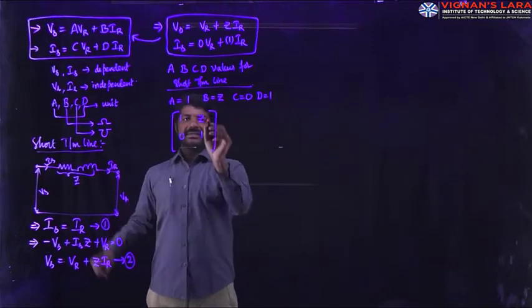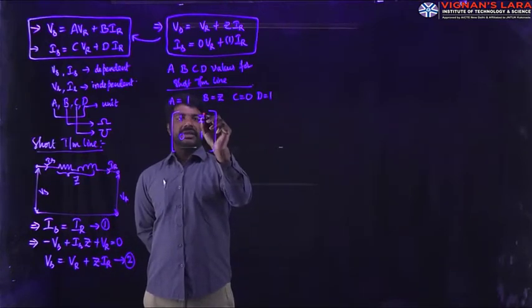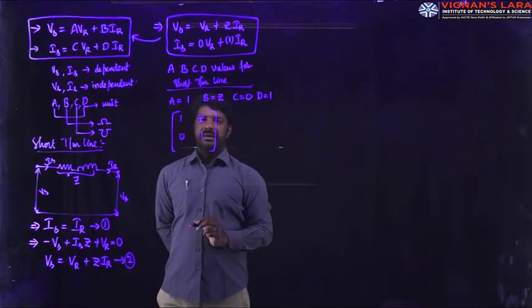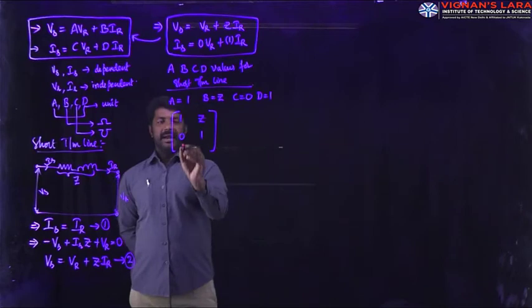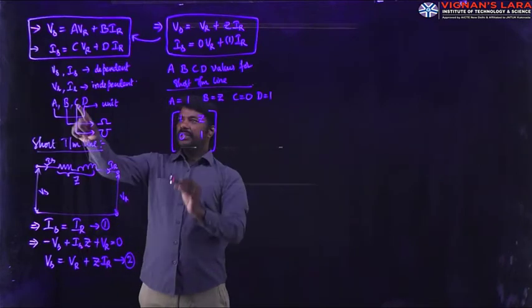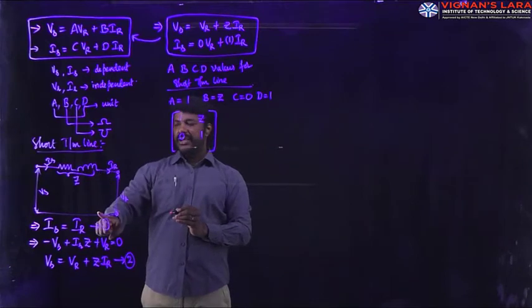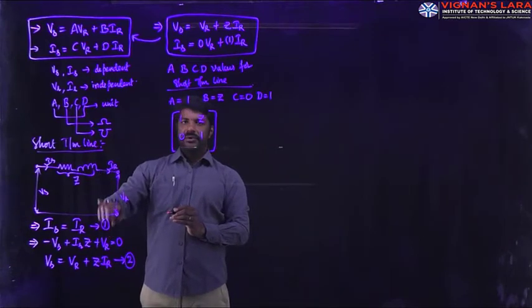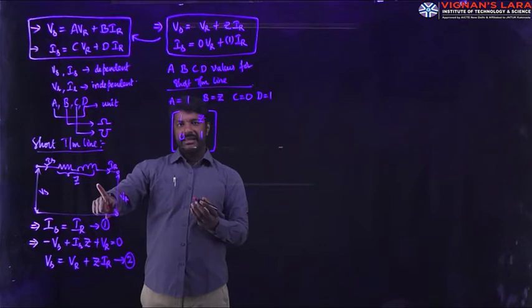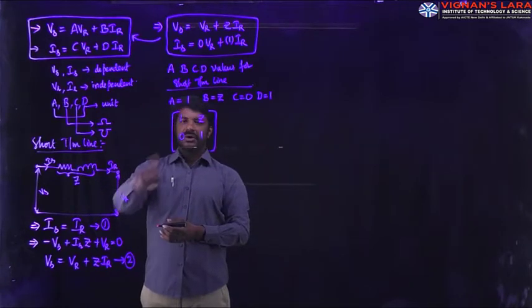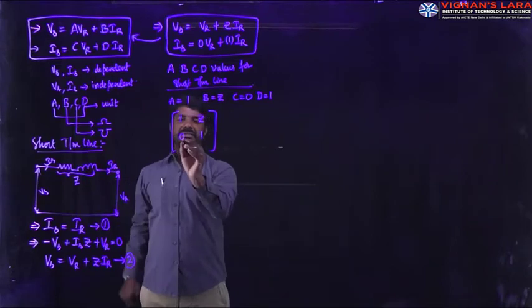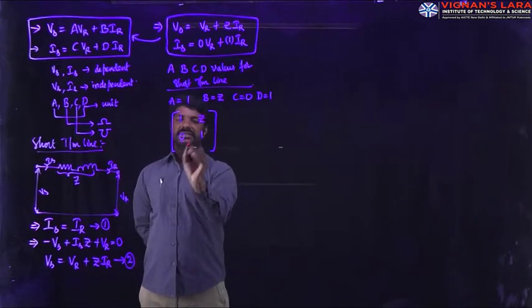As per our discussion, B is related to the impedance quantity, that is why we got the entire Z in B. And in the C value, as we know, C is related to admittance, since the admittance is 0 because of open circuit. For open circuit, impedance is high. If the impedance is high, admittance is low. That is why Y is equal to 0. You can observe that in the case of the C constant.